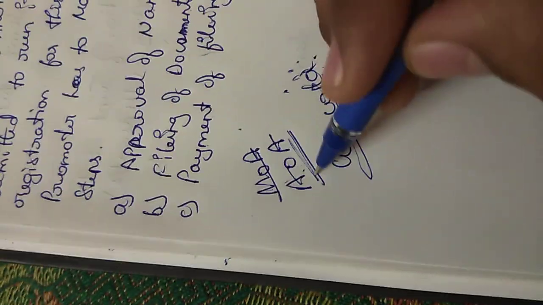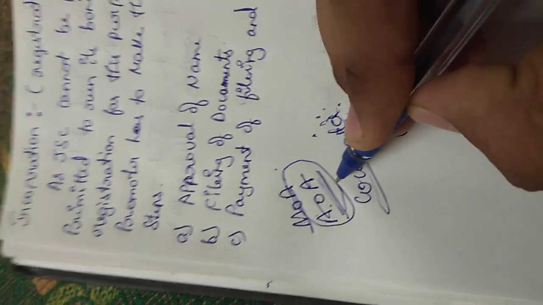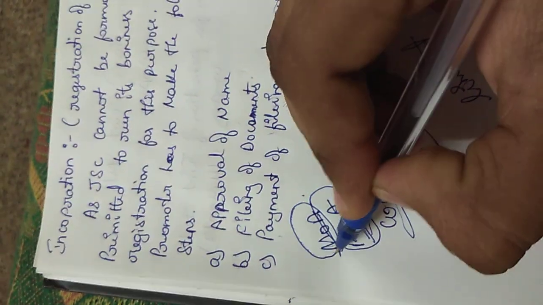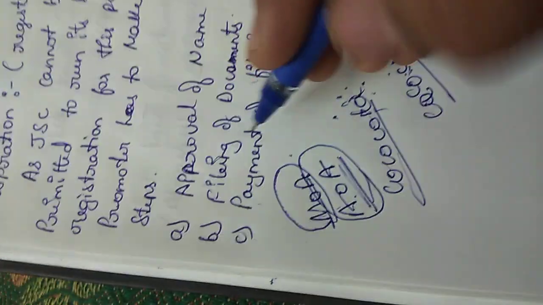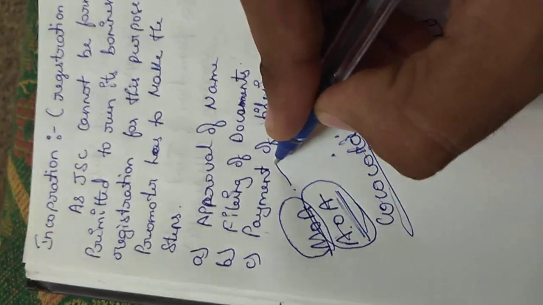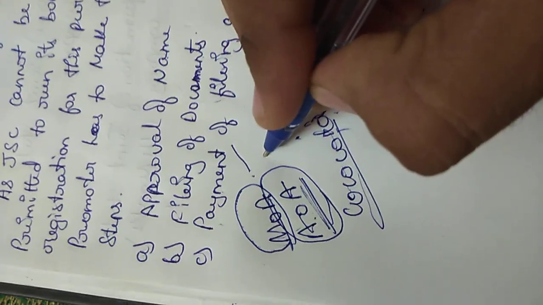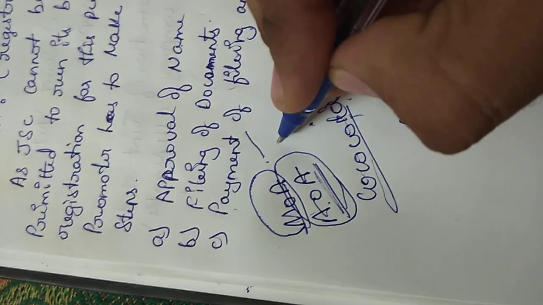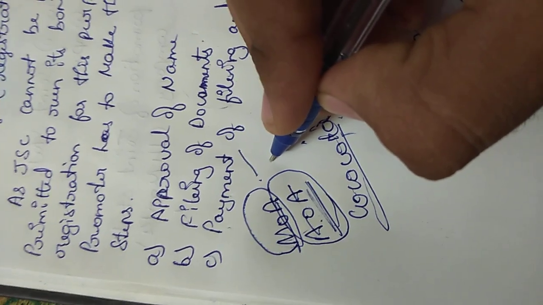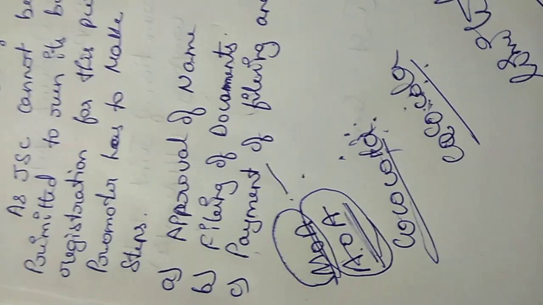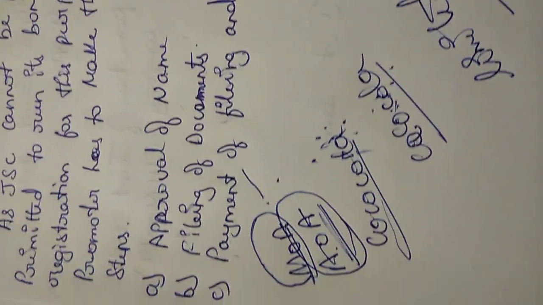In AOA we write the rules and regulations, and in MOA we state how many shares are issued and which types of shares. In shares we have different types like equity, preference shares, non-preference shares, redeemable, irredeemable shares, and many more. And next is payment of